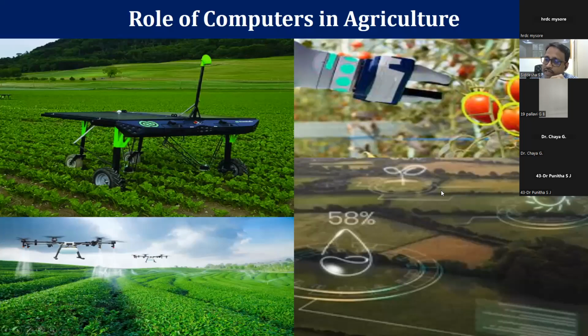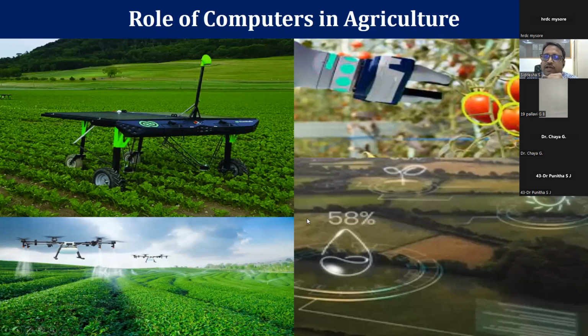Based on these data, proper data processing will be done and a decision will be made: where to supply water, which is the area that is suffering. And in the left bottom corner, you can see agri drones being used for spraying chemicals over the field.